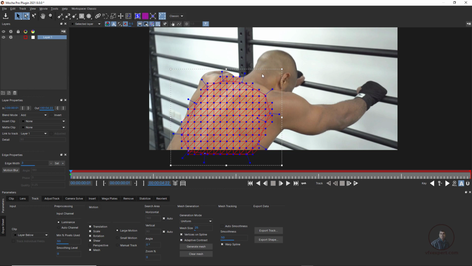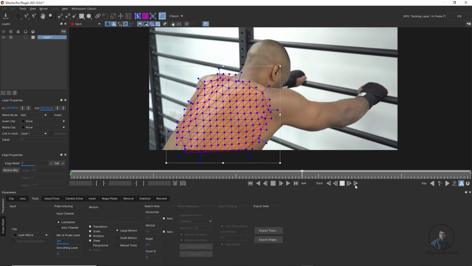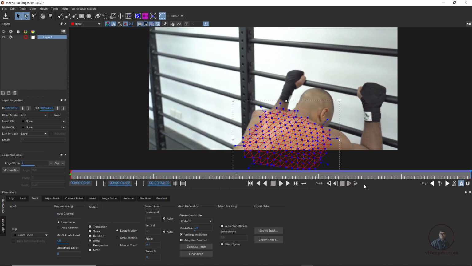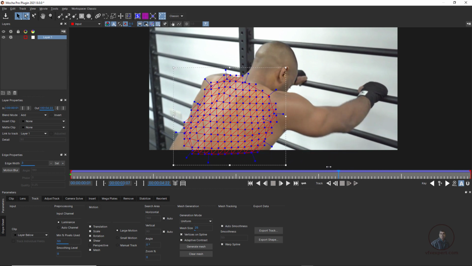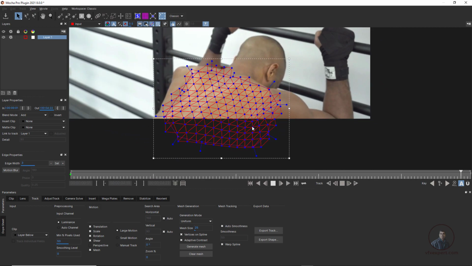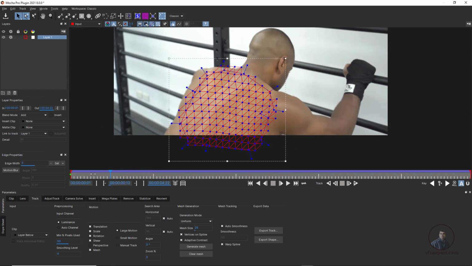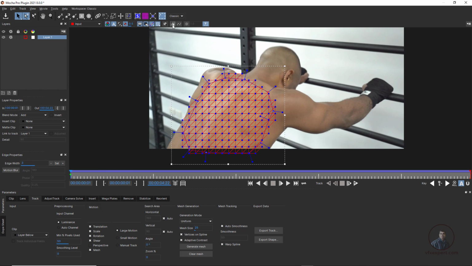Now after this I am going to track this shot. If you want, you can also check auto smooth. Here I am going to track this mesh, then we click on the track forward option. So easily we can see, I think the shot is tracked. Now if you want to check, you can enable the stabilization option. Let me play and check here. Now you can see the shot has stabilized. Again click here and uncheck this one.